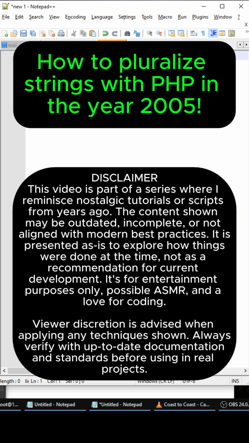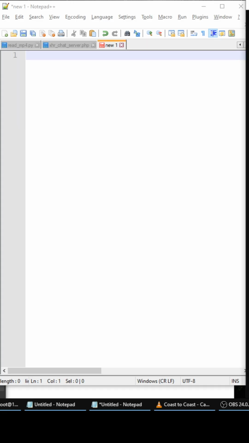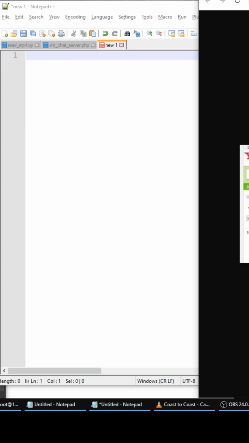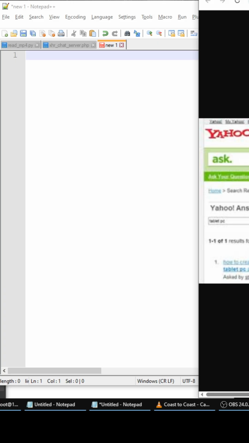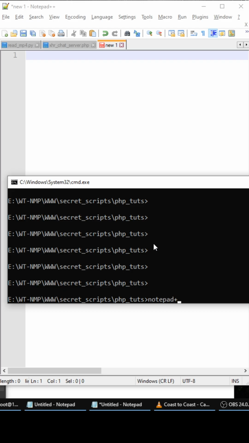Today's December 10th, 2005. And I just want to make this quick tutorial on how to pluralize strings in PHP. Let me show you this Yahoo Answers screenshot. Do you guys remember this? So do you guys see the one answers right here? And we need to make it say one answer, and the S needs to be there only if it's greater than 1. So first, let's create a file called